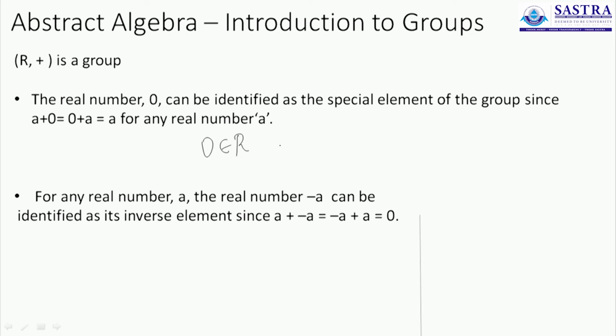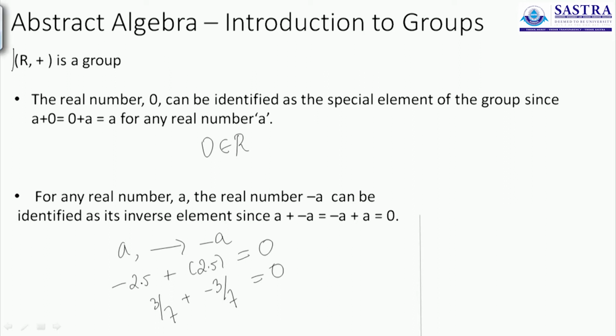by the set, and number 4 is about the additive inverse, and for any element A we can always find its additive inverse in minus A. Suppose I pick minus 2.5, its additive inverse will be plus 2.5 to return the identity element. If I pick 3 by 7, its additive inverse is minus 3 by 7 to return the identity element 0. So every element has its own additive inverse, no problems with including 0, and you have an associative operation, you have a closed set. All these put together lead us to the conclusion that the algebraic system is a group.